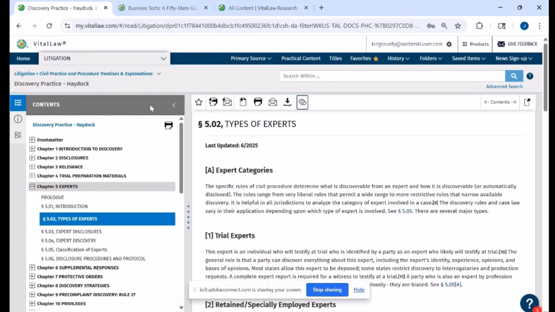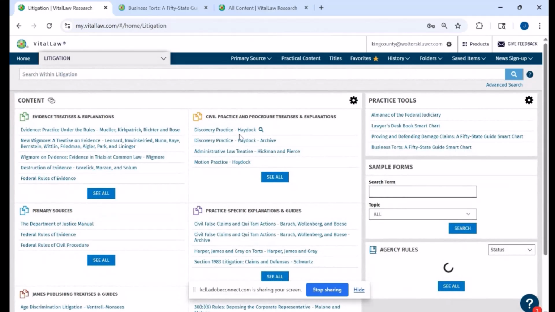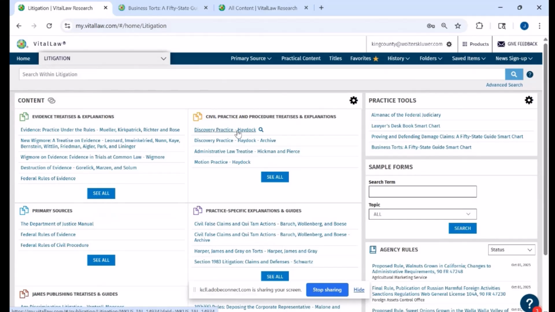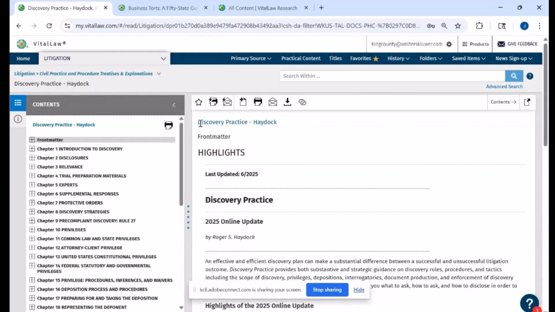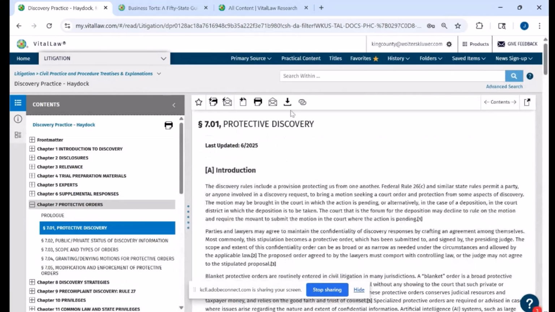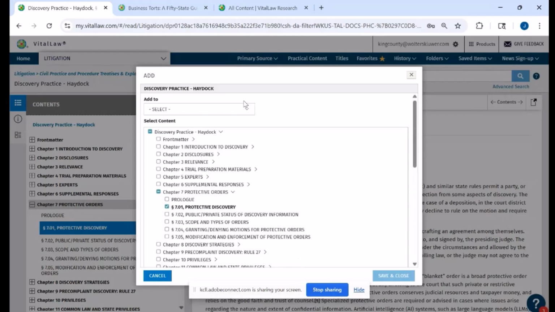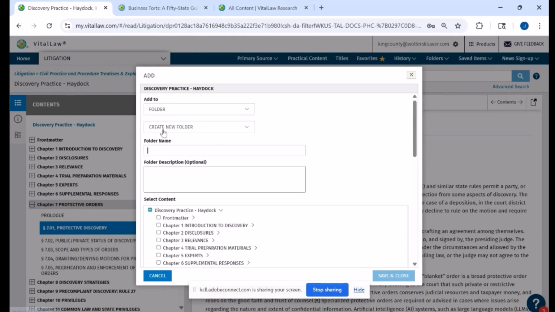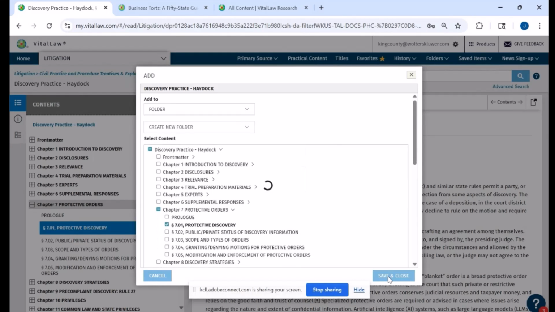And is there a way within the platform? You mentioned the folders. I assume you can save sections of a treatise that you're researching to a folder. Is there a way to annotate that material in any way? Yeah, of course. So when you are in, let me just pick something here randomly. We will save this to a folder. I'm just going to create a quick test here. And then I can add any sort of descriptions here. If I save that,